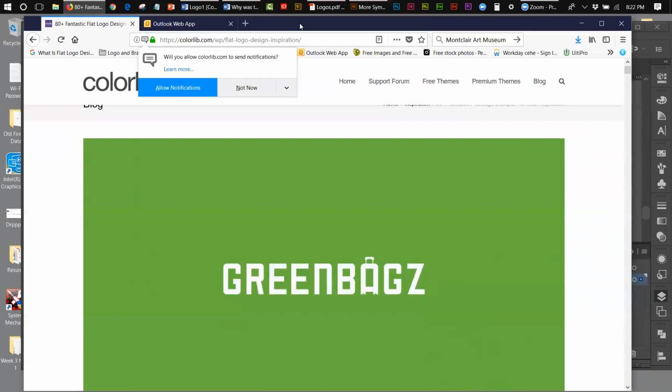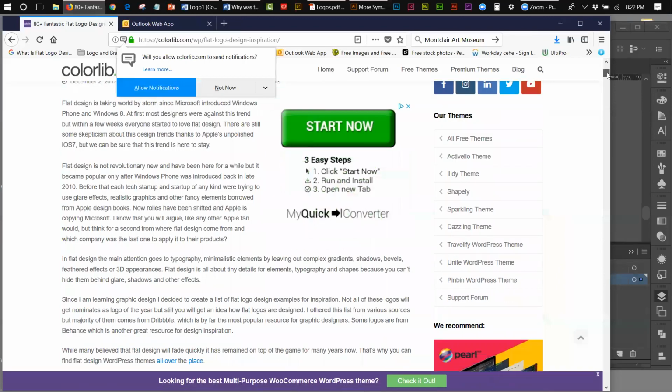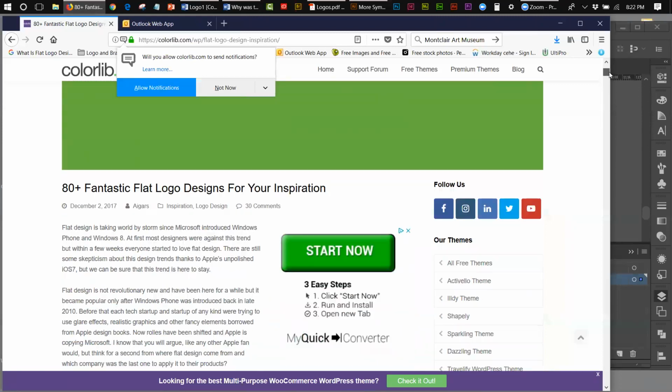When you come up with a design for something, don't just send me the word green bag, GREENBAGS. Don't just do that. Come up with something clever. That's what I'm talking about. Inspiration. So what I did here was I came in here. Now I believe I have this. I believe this is the link that I have under